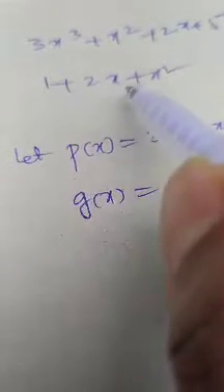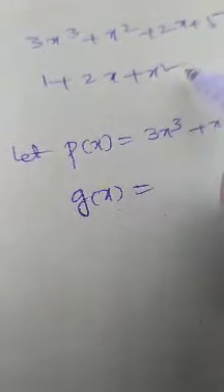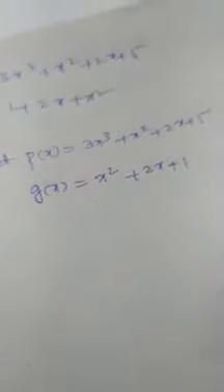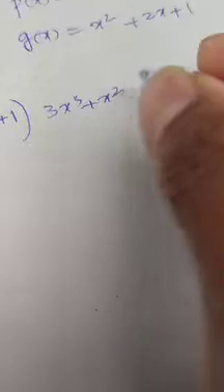Right. Next, g of x, which is the divisor. Now see here. Here x power 0, here x power 1, here x square. So this is in ascending order, but we have to write in descending order. So first the x square term, next the x term, next 1. Okay, now I arranged in descending order of the powers of x. Now divide, let us do long division. So I am writing the divisor here, x square plus 2x plus 1, and the dividend 3x cube plus x square plus 2x plus 5.